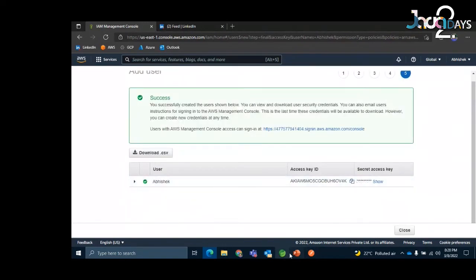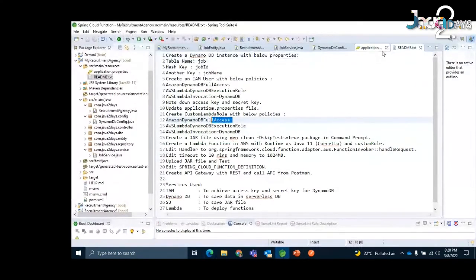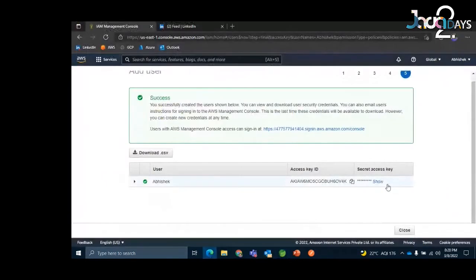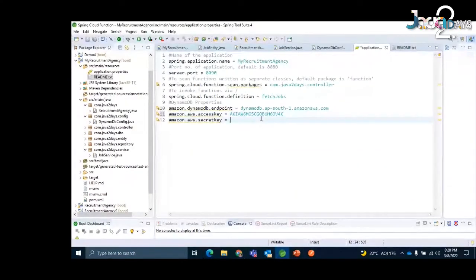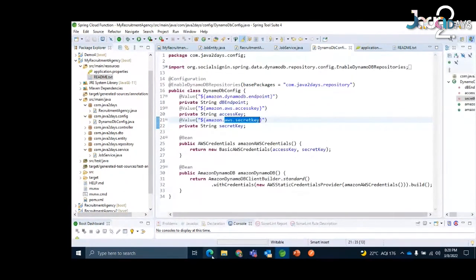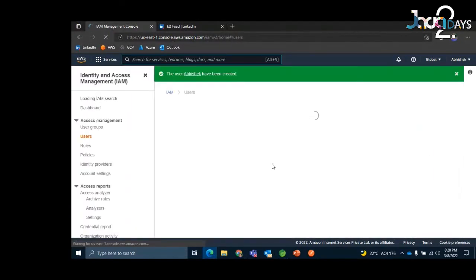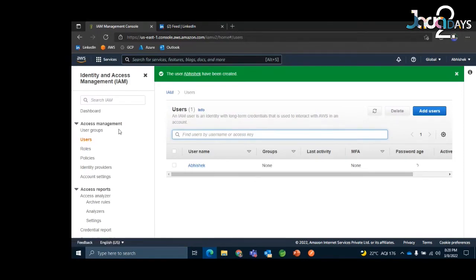Now I'll quickly copy this access ID. Later on, I'll delete it, so it won't be any big issue for me if I show you, I guess, and here it goes. So these things I have done. Yeah, I'll hide it out. Then we'll go for the next. So the user has been created.